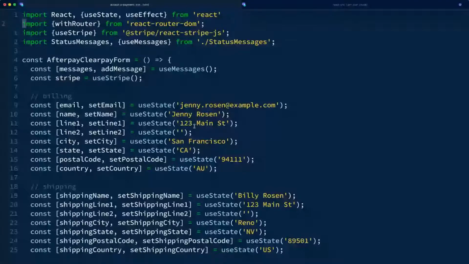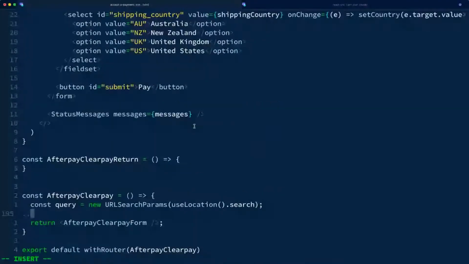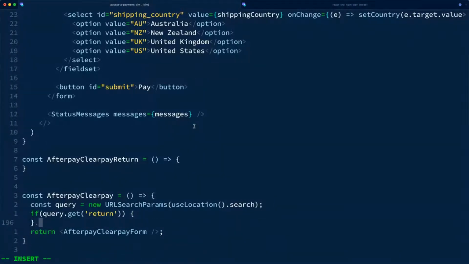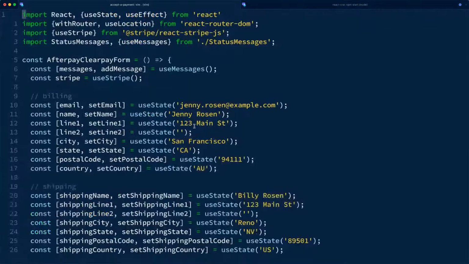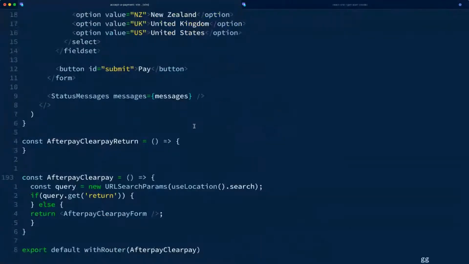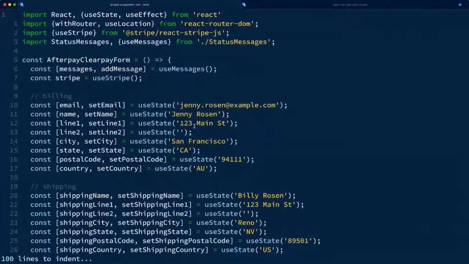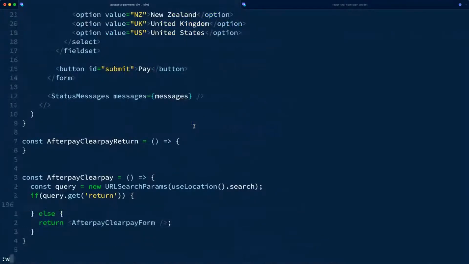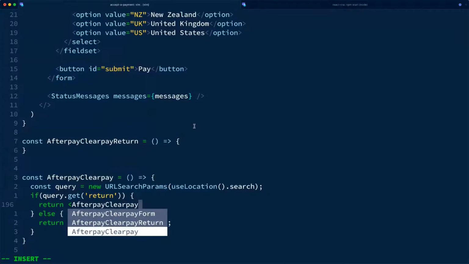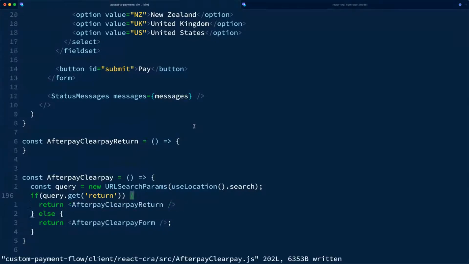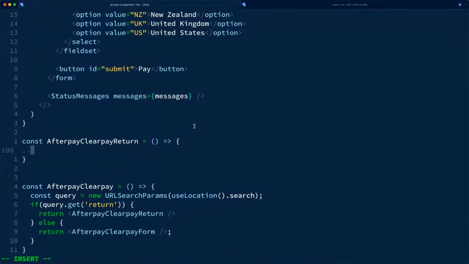And then if query.get return, then we want to do the return one, else we want to do this one. I think, yeah, I turned off prettier because it was yelling at me about stuff, but now I'm wanting it. Okay, so we're going to return Afterpay Clearpay return if we're coming back and we're landing back here from somewhere